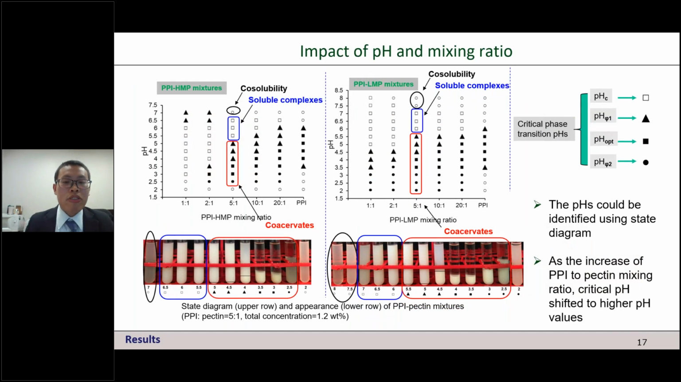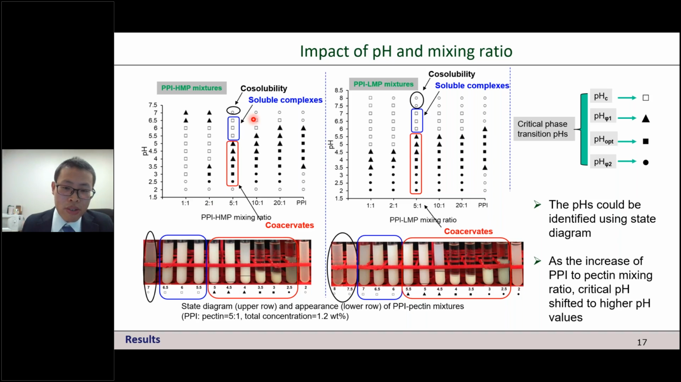Now let's look at our first results. How pH and mixing ratio influence phase behaviors of PPI and pectin mixture. The phase behavior of the mixture as a function of pH, mixing ratio, and pectin type were recorded and constructed as state diagram. For PPI HMP mixtures at mixing ratio 5:1 at neutral pH, the mixture presented translucent, indicating phase behavior